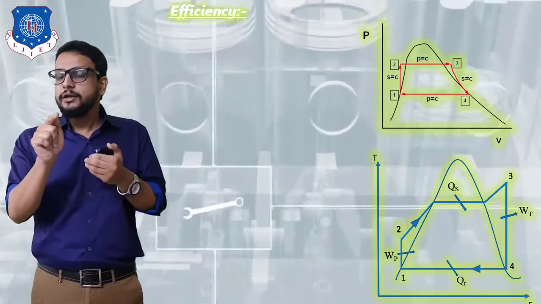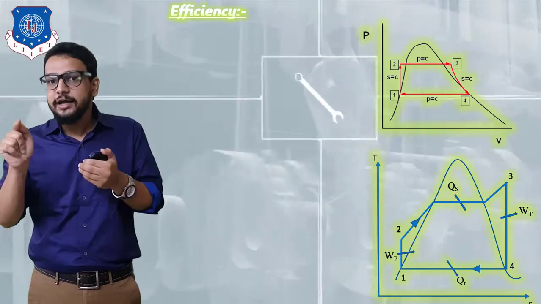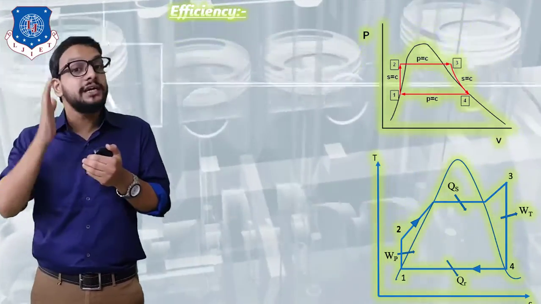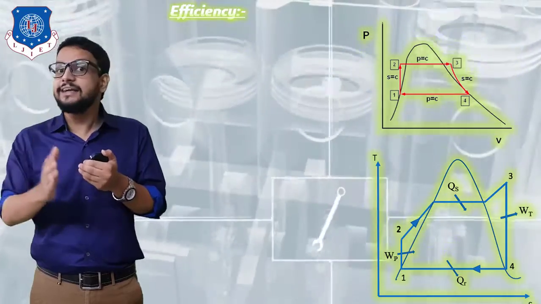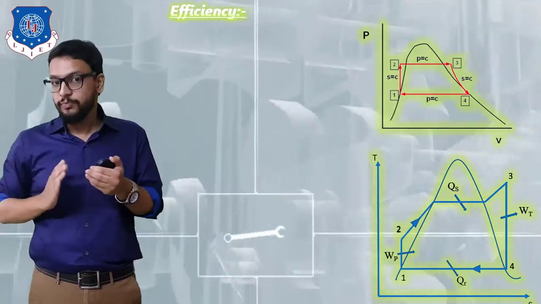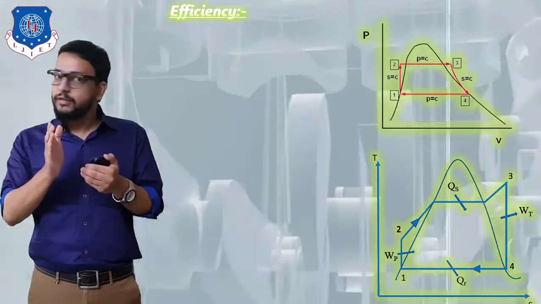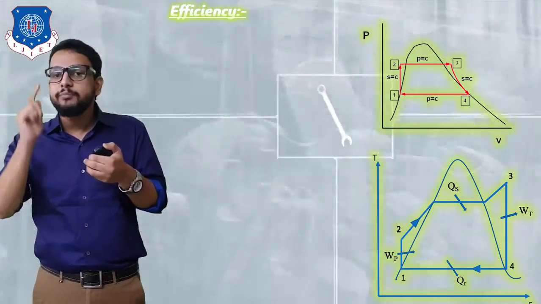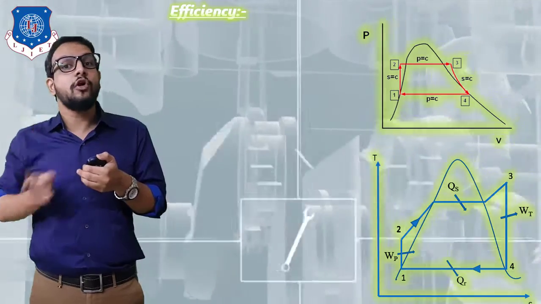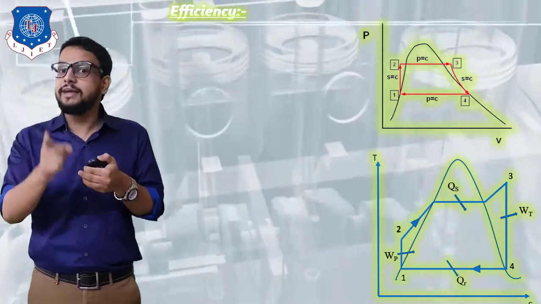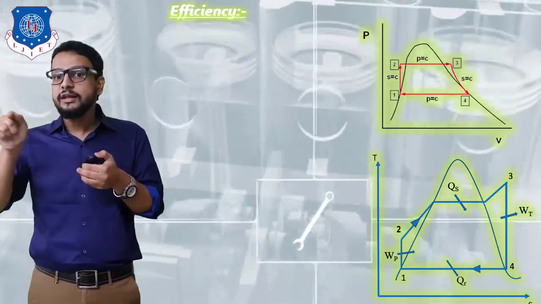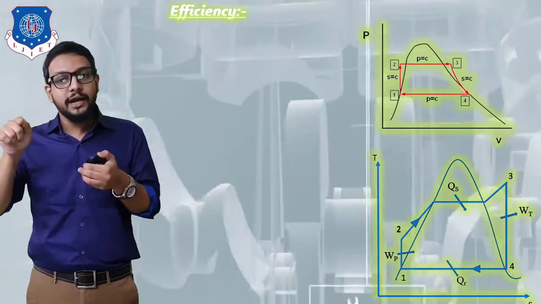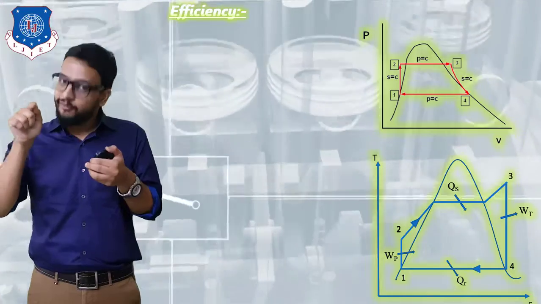From this point, when further heat energy is supplied, a phase change of water will take place at constant temperature. That is basically latent heat supplied to water. So at that moment, intermolecular distance is going to increase, which means entropy will increase, but temperature is going to remain constant since we are supplying latent heat. So it is shown by a horizontal line, finally reaching the saturated vapor line, where we have obtained our dry steam.